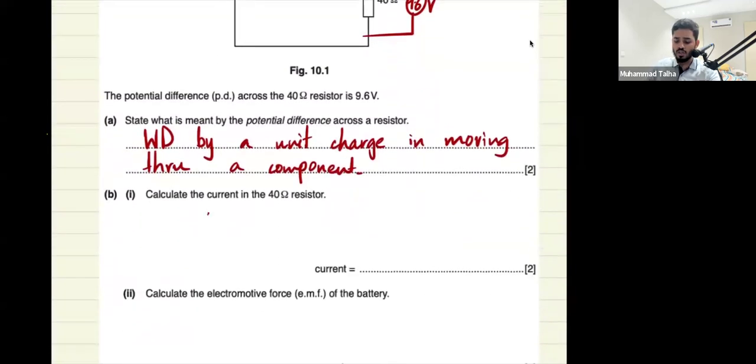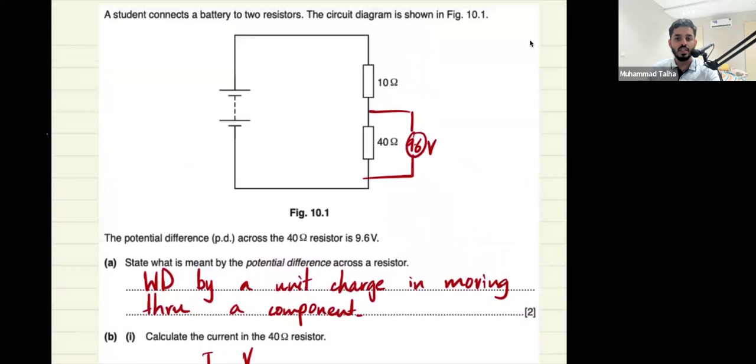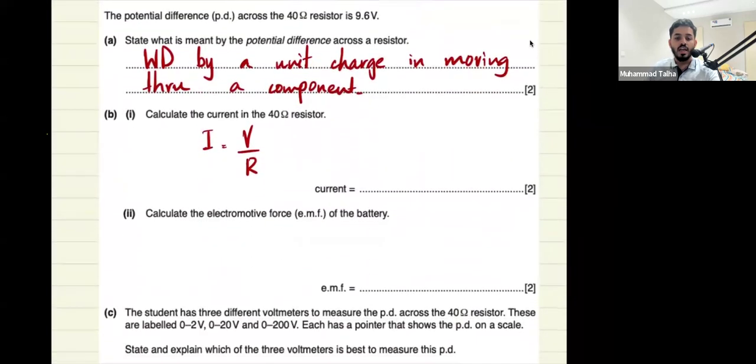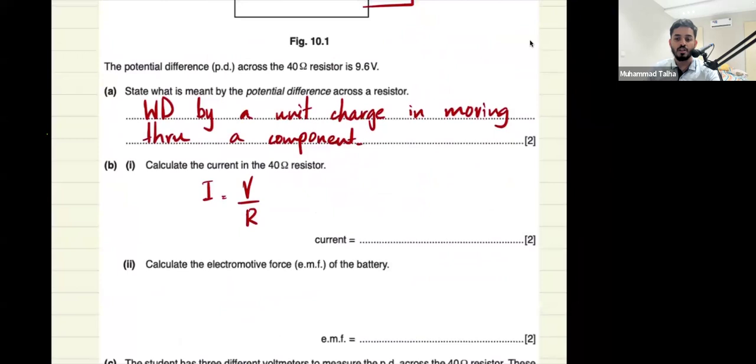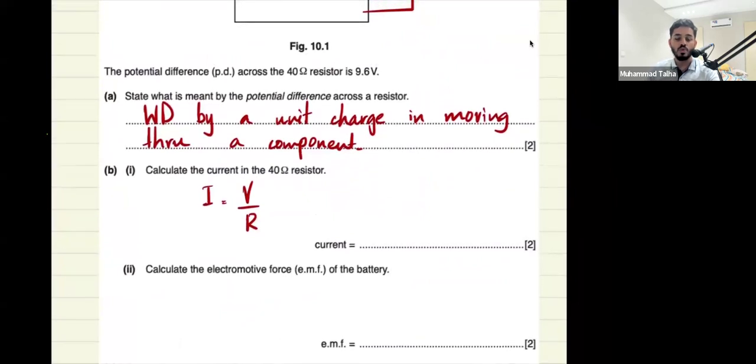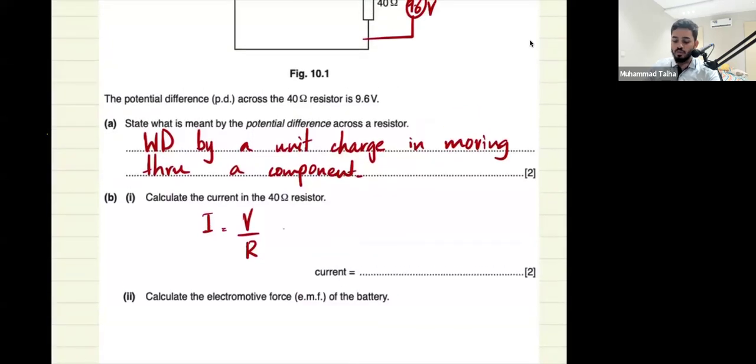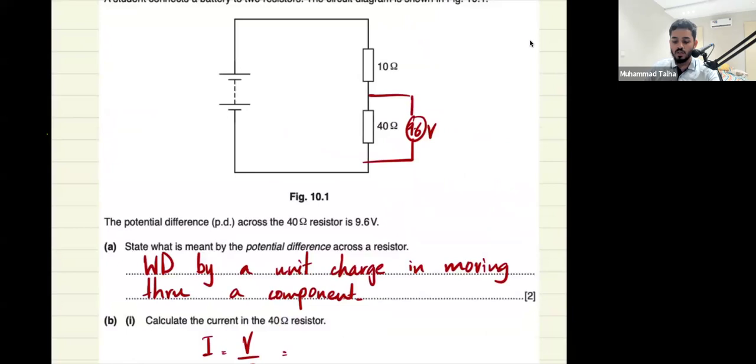This is also not difficult. If I know the voltage and I know the resistance, I can find this out. So I get the current in the 40 ohm resistor, and then I am expected to find the EMF of the battery. Again, the cool thing about electricity is that there is more than one way to do this. You could have found out some current here. You can think about this as a total resistance and use the calculations according to this. So I, and then total resistance would be 50 ohms, and you multiply V equals IR